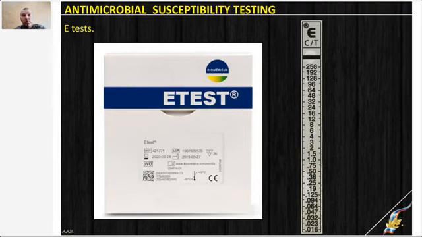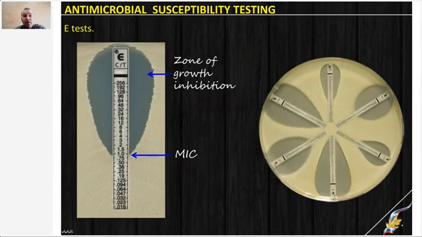All you need to do is put that paper strip on the petri dish, inoculate it in the same manner, and incubate. And as a result, you will have that epsilon shape or tree shape zone of growth inhibition, and you don't need to measure anything. You just need to take a look at which point bacterial growth touches the paper strip. And you can see in the slide it is approximately 1.0. Bacteria is not growing around paper with higher concentration, but when concentration on that paper decreases to MIC, bacteria will grow here, will touch that paper strip.